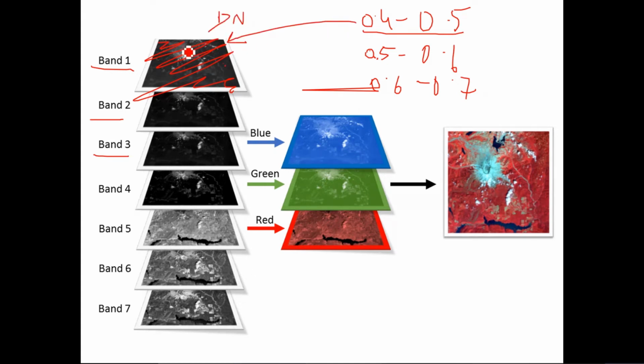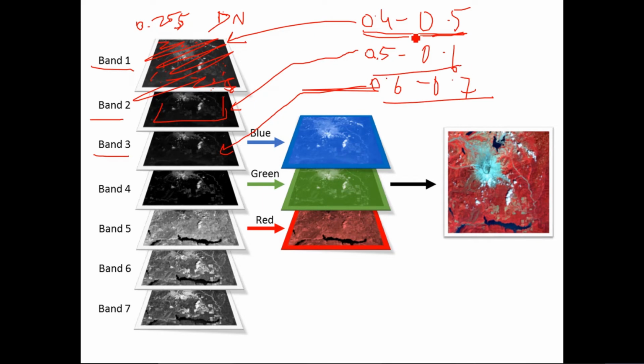So these different intensities of gray represent the different DN values, 0 to 255 probably. It can be 0 to 255, it can be 0 to 511, anything. Suppose it is 255, so these intensities represent the various DNs in that range. That means its reflectance in this particular wavelength range. Now the second one represents reflectance in this particular wavelength range. The third one represents reflectance in this particular wavelength range.